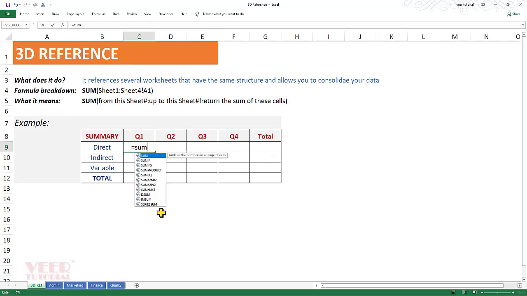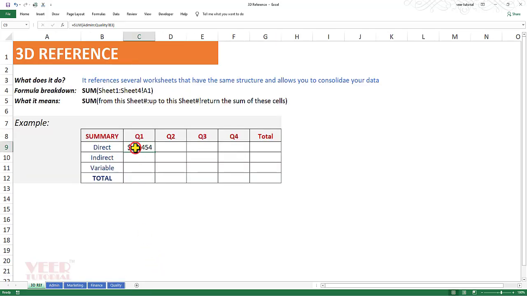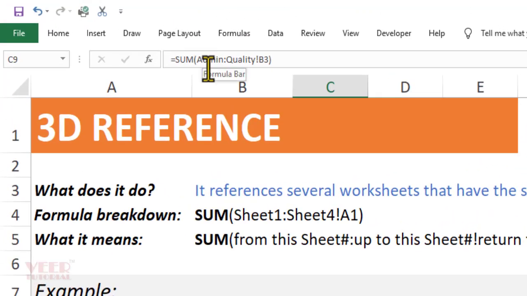We will type the sum function, press tab. Now click on the admin sheet, select the B3 cell and now press shift and click on quality and close the bracket and press enter. Now if I select the cell of the function, we can see admin:quality B3. It means all the sheets between these two sheets, if they have the same structure,